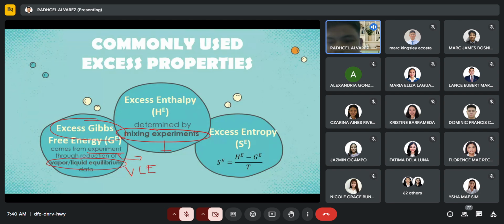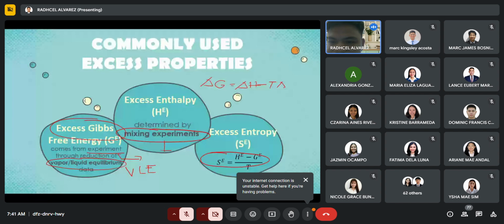And for our last one, we have here excess entropy. For excess entropy, unlike the two, we don't have a direct way of measuring the excess entropy, but we can relate the excess entropy through this equation. So saan ba ito nanggaling? This comes from